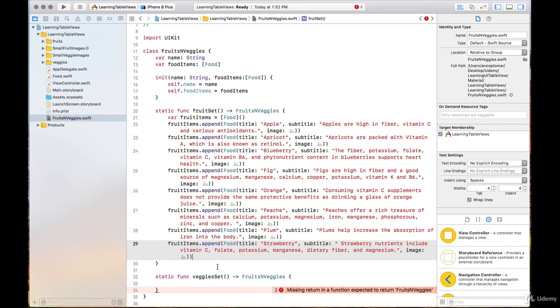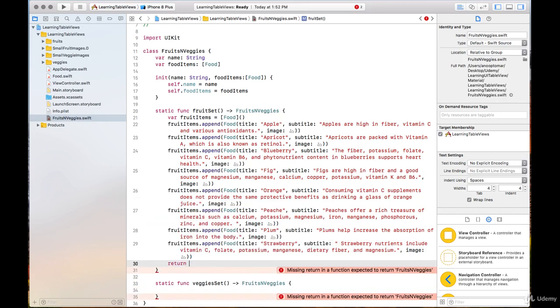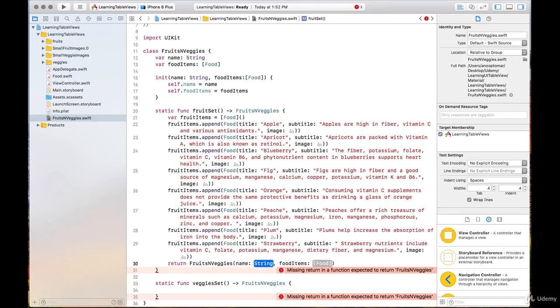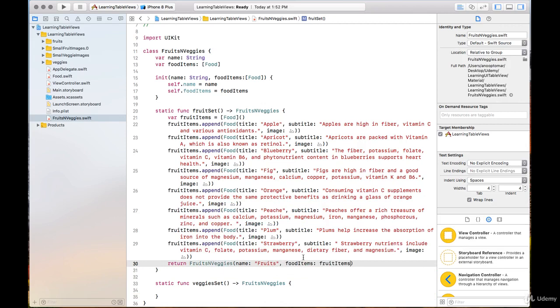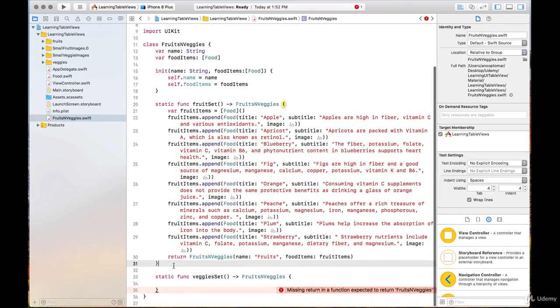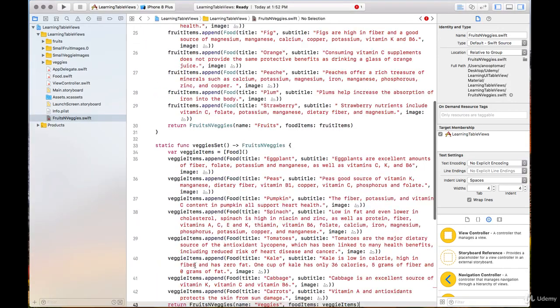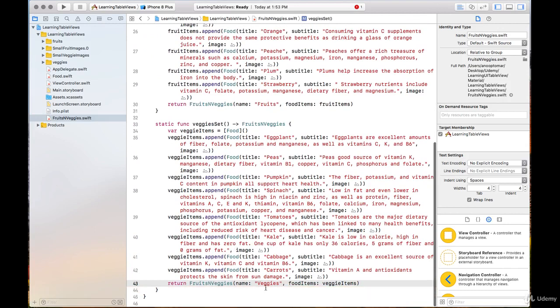now what we can do is we can create our return type. We can return our fruits and veggies, so we can say fruits and veggies, and there's going to be a name, and this is a set of fruits, and fruit items is our food items. Okay, now similarly we're going to do the same thing for our veggie items. So let me copy and paste that, and okay, so we have fruits and veggies, and veggie items. Okay,